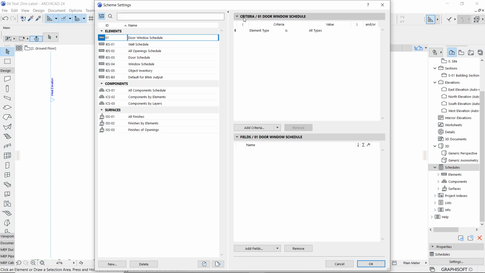You can see there's a criteria page on your right hand. You can close or open this with the button, and the second page is the fields for that particular door window schedule. Okay. So in the criteria, you have to talk about, first of all, element type. Okay, and it's an equation.